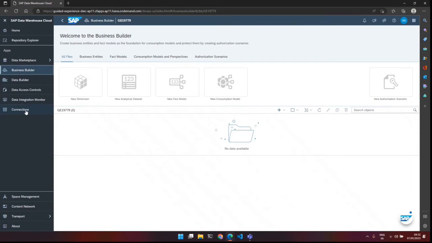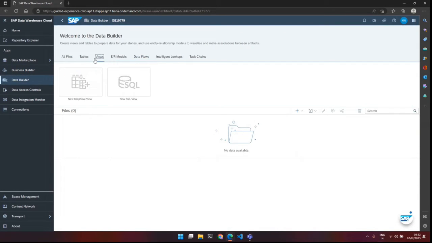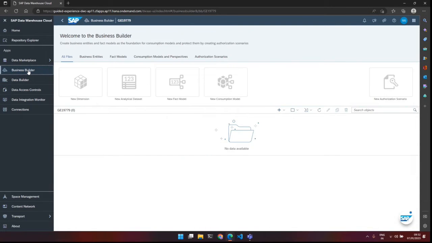So now we have created connections. We are connecting to multiple source systems. We are extracting data, putting it in some form of tables, and we have created some views. So all the heavy lifting is already done. And even the IT team or the consultants could build a few more business objects or business models as a starting point or reference for the business users, right?